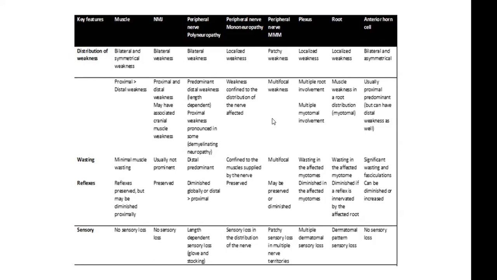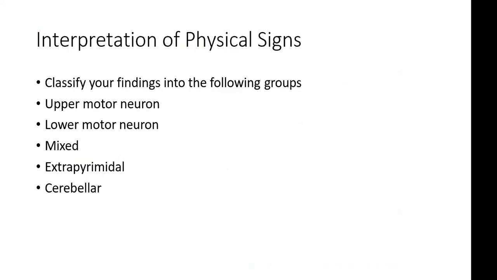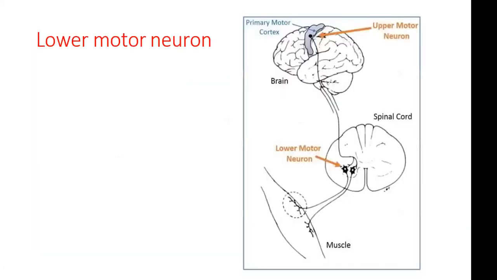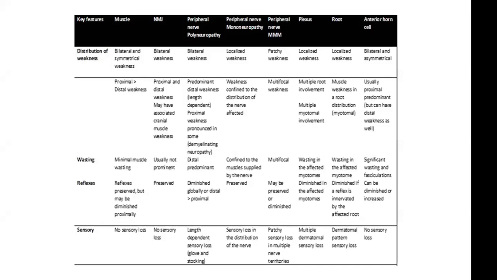So when you have an upper limb or lower limb examination, your first objective is to package it: upper motor neuron, lower motor neuron, mixed, extrapyramidal or cerebellum. If it's a lower motor neuron, you need to be more specific and make a diagnosis, saying, could this be a muscle lesion? A neuromuscular junction? A polyneuropathy? A plexopathy? A root lesion? An anterior horn cell lesion? To do that,